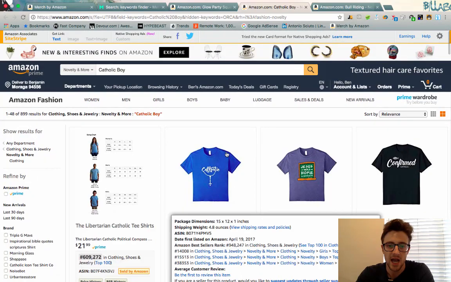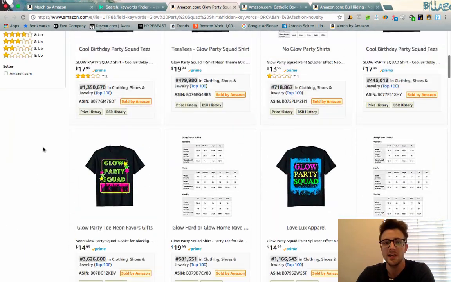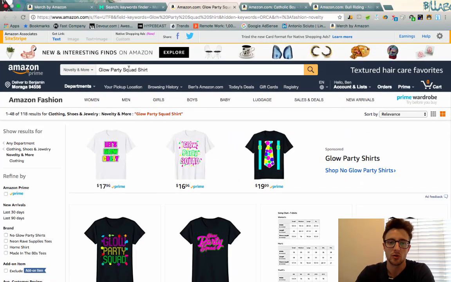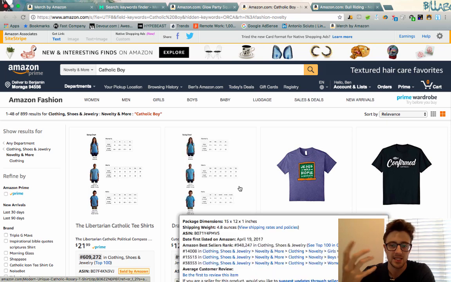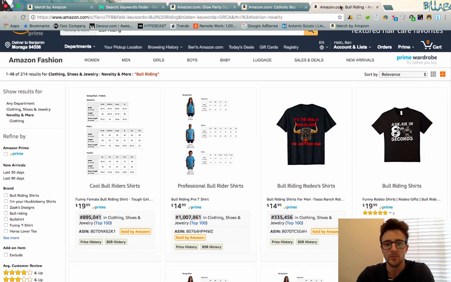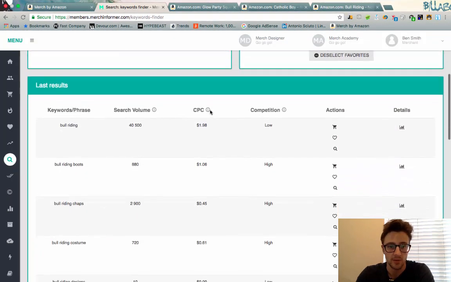Honestly, this is something where I would probably use all 3 of these keywords. So Glow Party or Glow Party Squad, I guess Catholic boy, or something related to this Jesus theme, and bull riding. So anyway, now that hopefully this is loaded, got a little bit off track, but okay, if